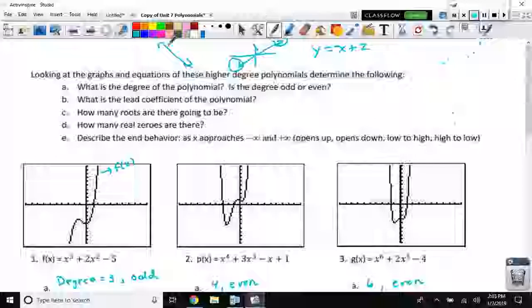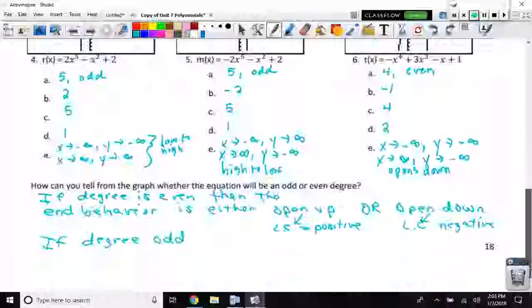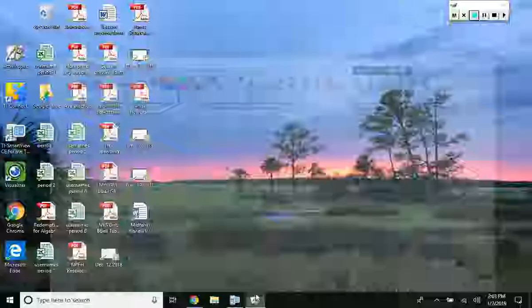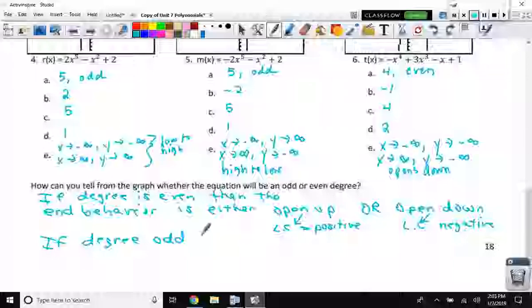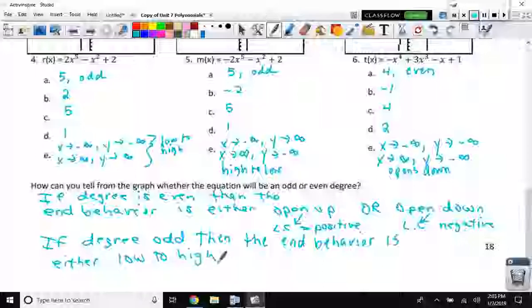Okay? So if it's an odd degree, then the end behavior is either low to high